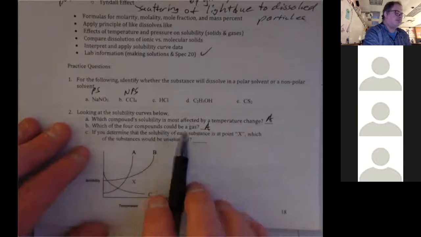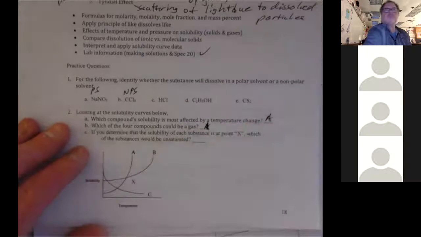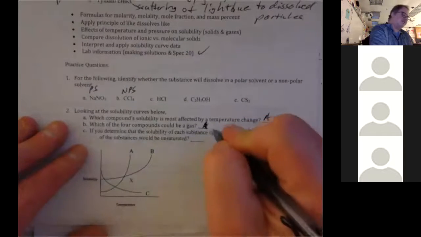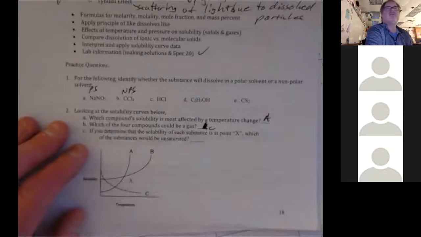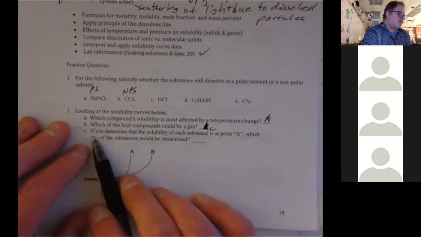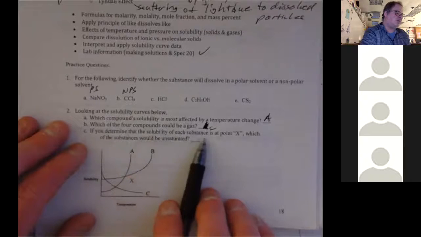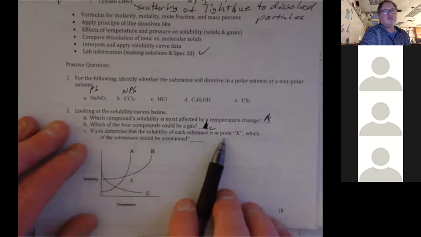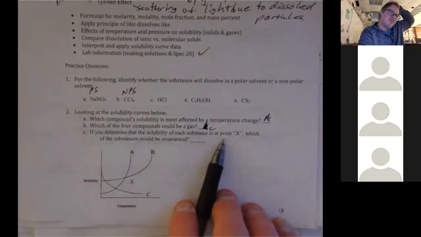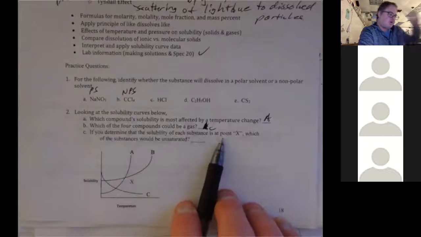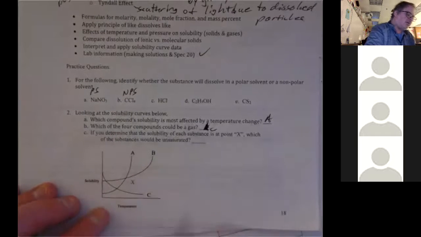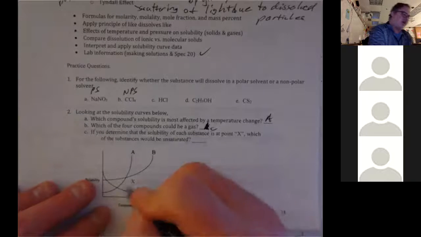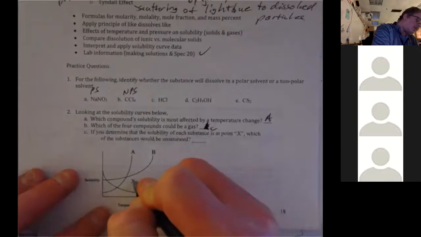Which of the four compounds could be a gas? C, for sure, because as we increase temperature, solubility decreases. If you determine the solubility of each substance at point X, this is a hard concept. Some of you mix this up on the homework. So basically what I'm saying is, if each of these substances A, B, and C were at X, that point right there,